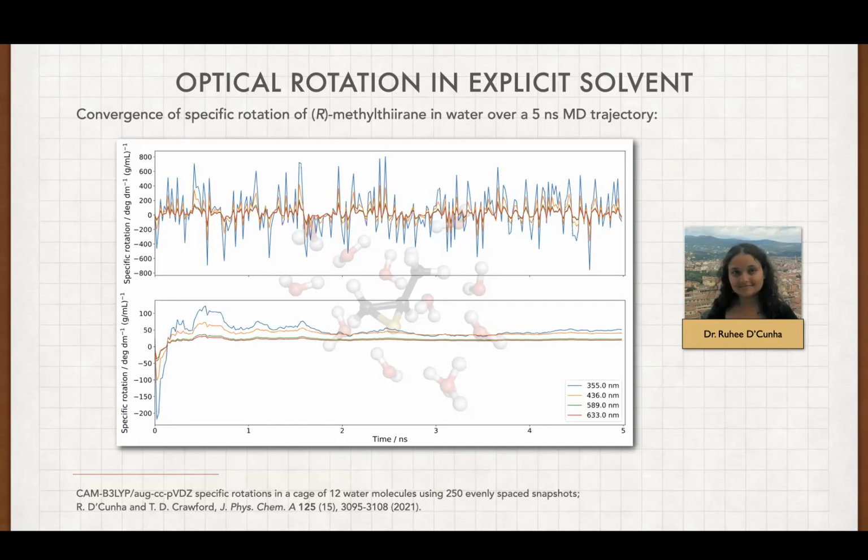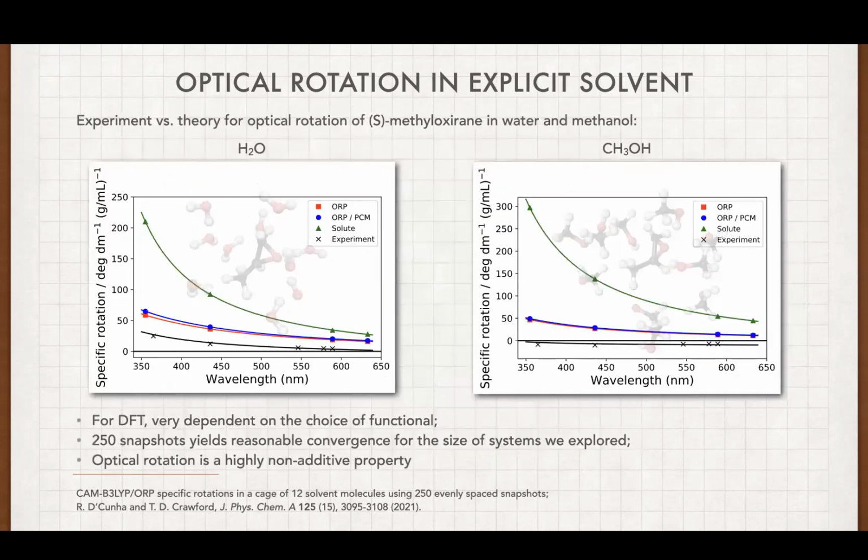What does local environment mean? That's one of the challenges, identifying exactly how much explicit solvation has to be maintained. And that was part of Ruhi's work, using molecular dynamics trajectories involving explicit solvent molecules and seeing how large a sphere of solvent molecules we had to maintain and how well the property converges with the number of snapshots that you take out of an MD trajectory. And it works well for some solvents and some molecules, and it's more problematic for others.